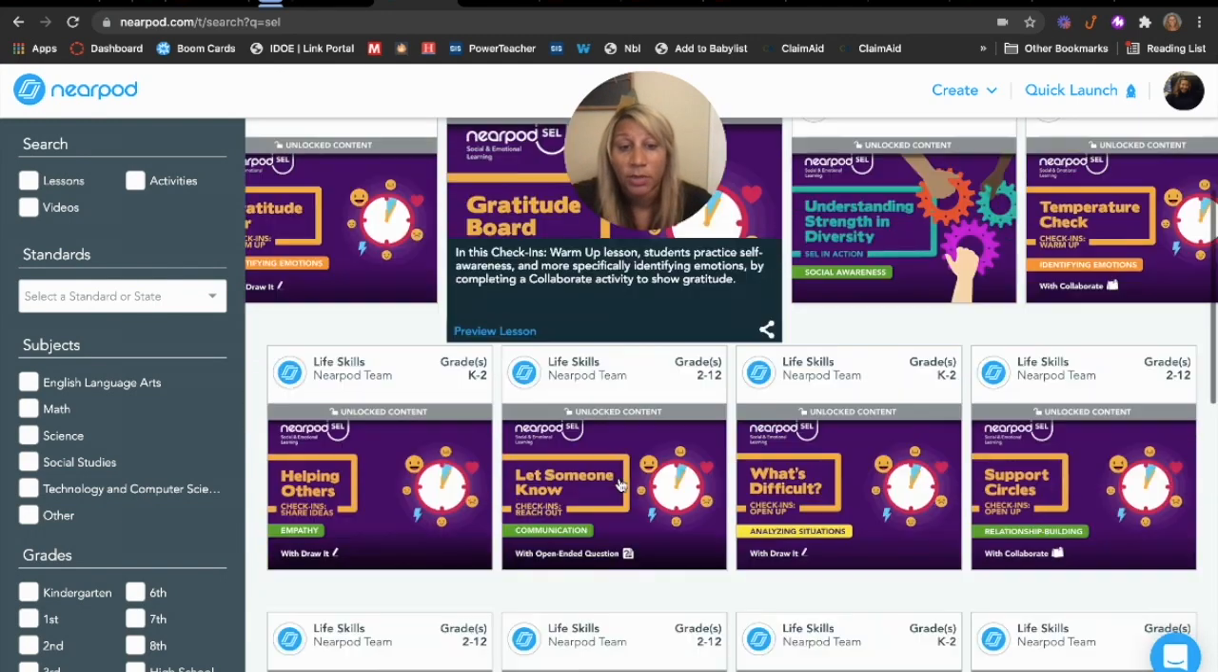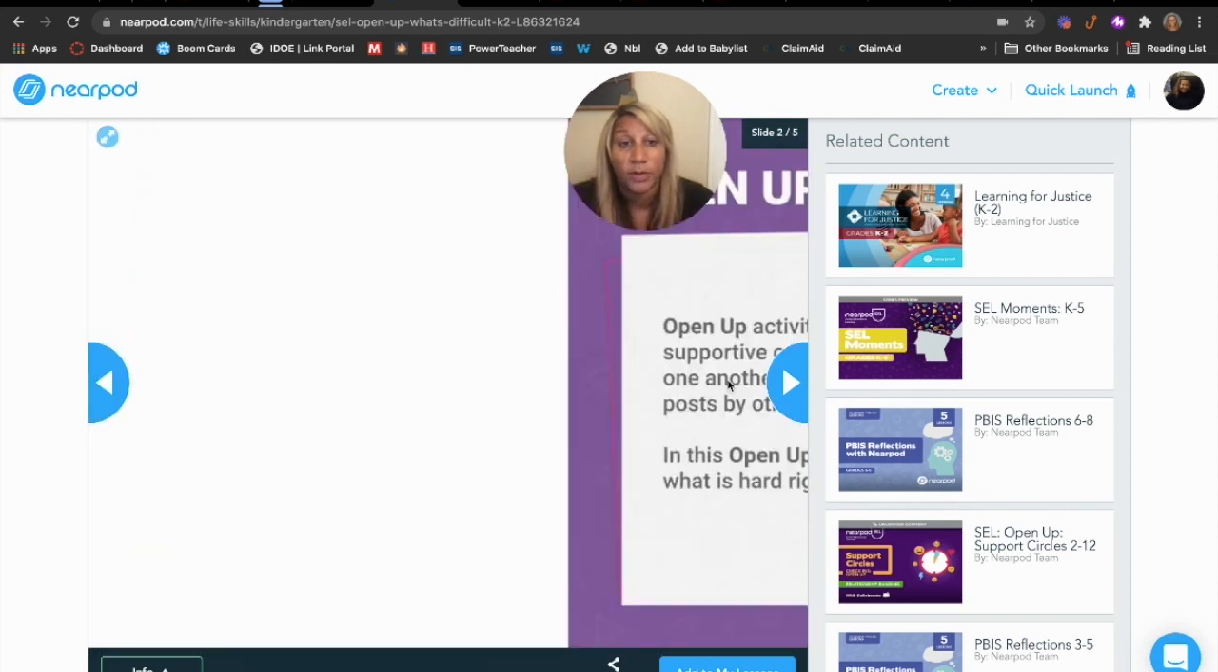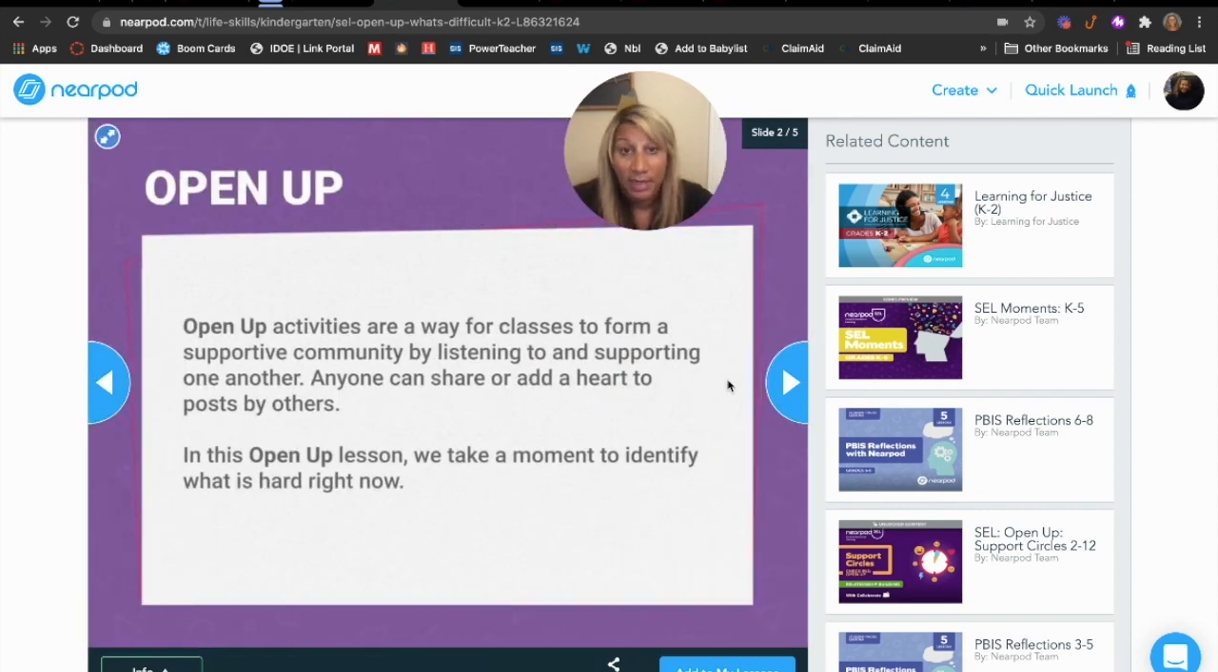So I'm going to go down to What's Difficult. I'm going to preview this one. It's called What's Difficult, Check-ins, Open Up. We're going to look at analyzing situations, and this one's going to use the Draw With It tool. So let's go ahead and preview it. Take a look at the lesson,